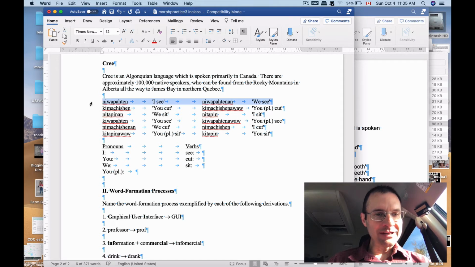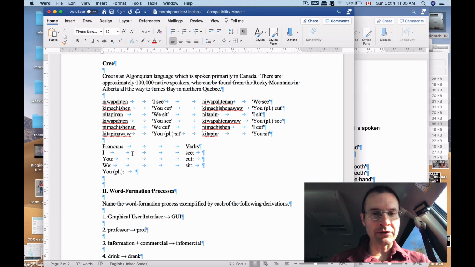Yeah, so this is a very Canadian language, I guess you could say, but what does it do morphologically? There's one kind of fun feature of this, which should become obvious hopefully fairly quickly, but it has to do with the pronoun. So we can take a look at how to express I see versus we see in these first two example forms here. So I see is ni wapaten and we see is ni wapatanan. And they're the same, right? Except for the fact that we have a bit of an on here at the tail end.